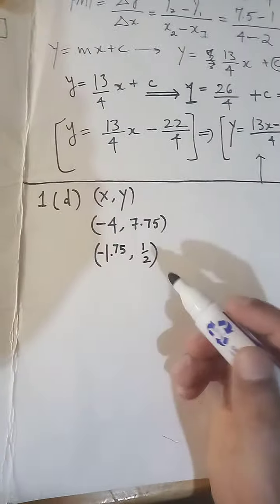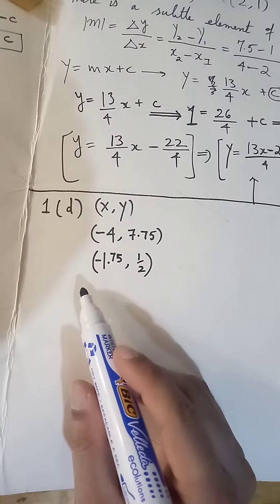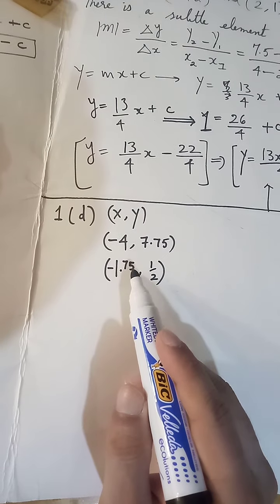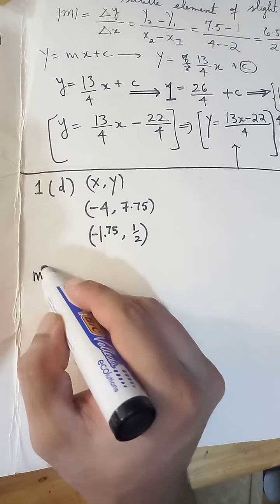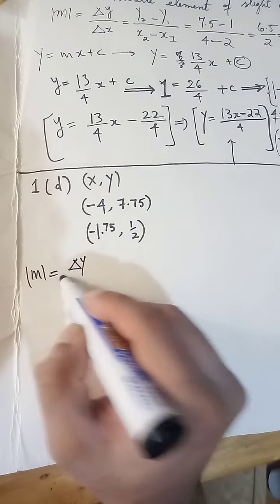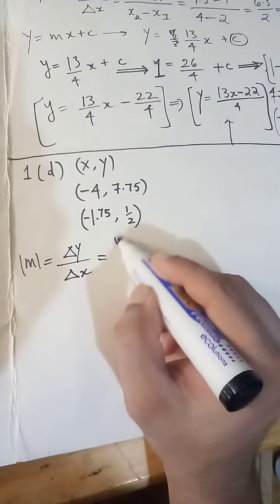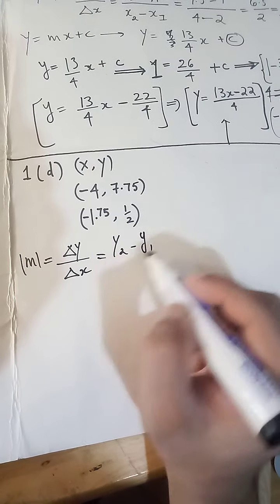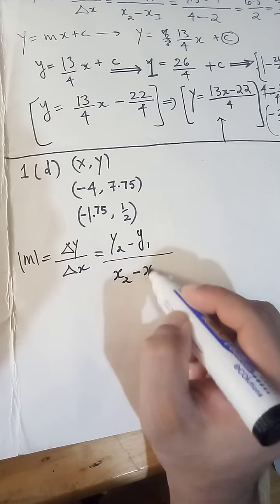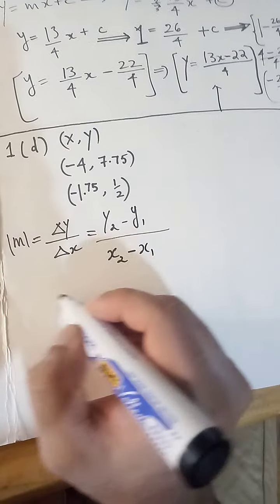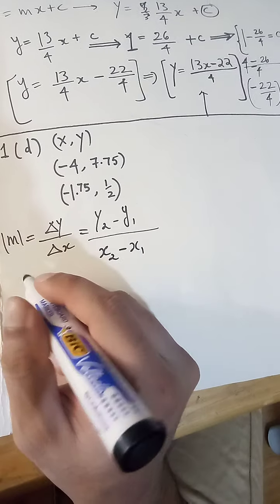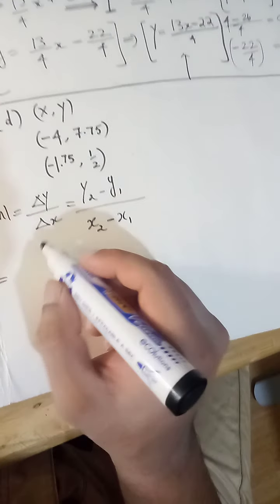So these are the points I picked out, and these points were picked out from the tangential line. I drew this one, and then I picked these 2 points. And obviously there's a subtle element of slight approximation. So the gradient calculation would be, now the gradient would be